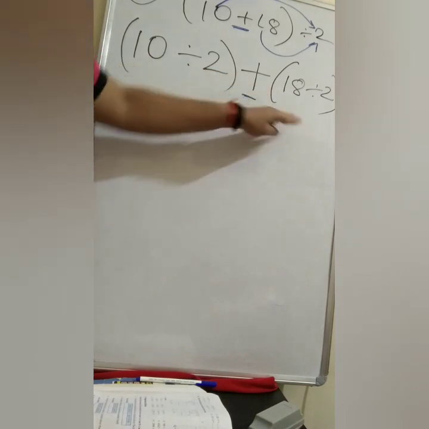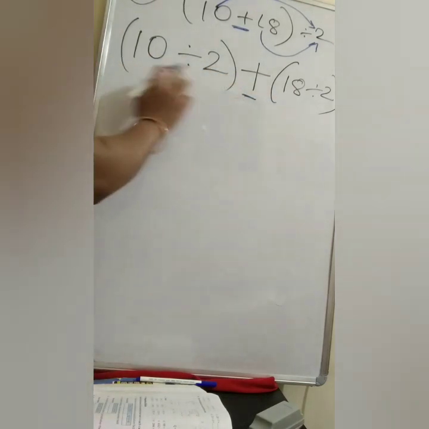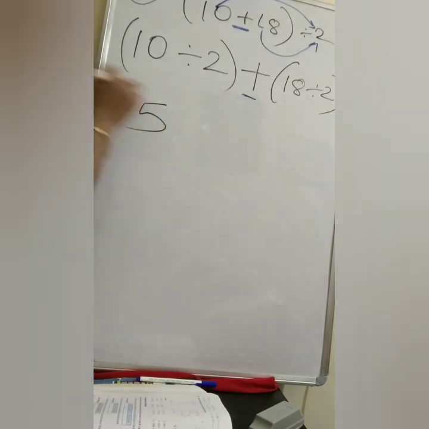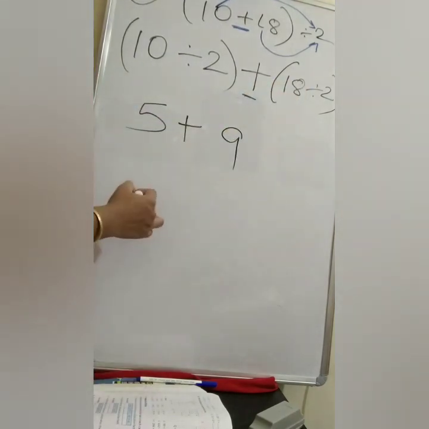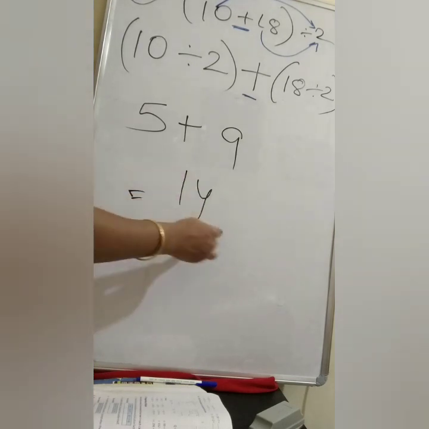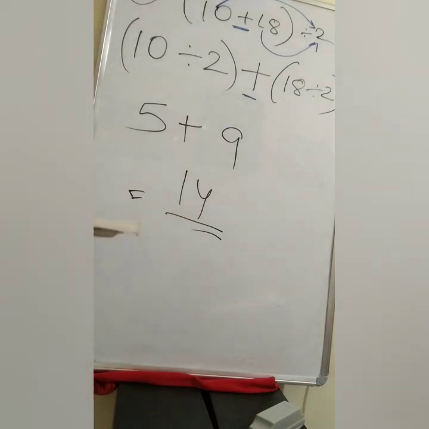See, we have distributed it, and in between we have added also. Now look here. 10 divided by 2 is 5, plus 18 divided by 2 is 9. And what is 5 plus 9? 14. So this is your answer. One more